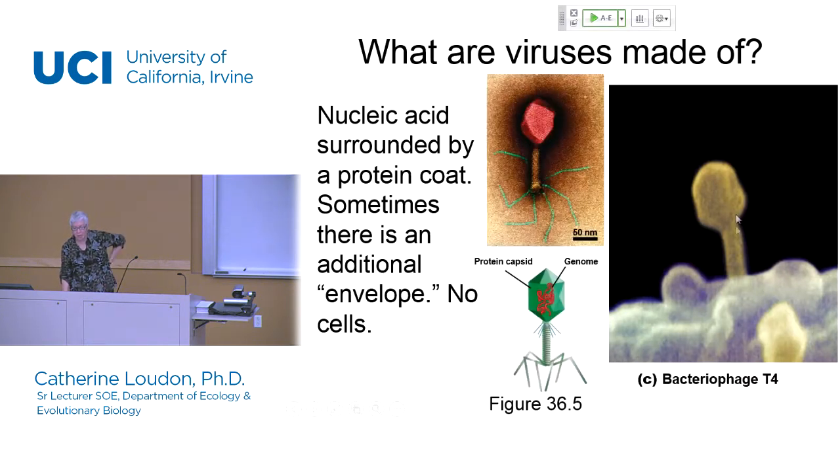Now, if instead of looking at this close-up of this EM, we pull in now a figure from your book. So this is one panel within figure 36-5 from your textbook, which shows the same general type of virus now in diagrammatic form, and this is a so-called bacteriophage. This is a particular kind of bacteriophage. We don't really need to be concerned about which kind, but this is a term that is used throughout your chapter, so I think it's a useful term to recognize.